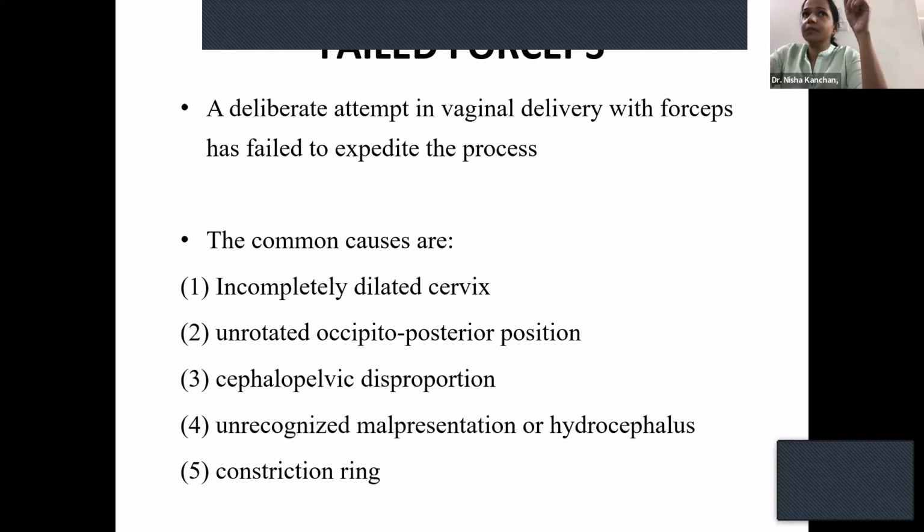So trial forceps, when you do it, is not called failed forceps, because you know that you might fail. You have that understanding, so you don't give such traction and you don't try repeatedly. You do one try and you take it for cesarean. That is not called failed forceps, because you're accepting that it might fail. Failed forceps is when you are intent on doing a vaginal forceps delivery and you have not thought about failing.